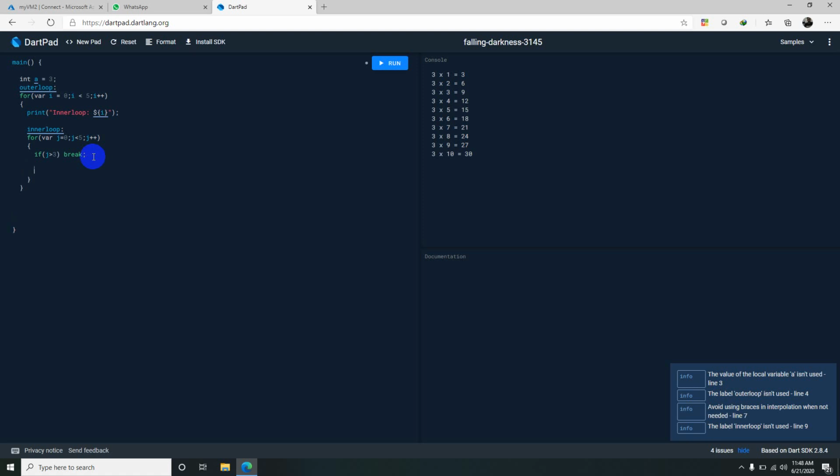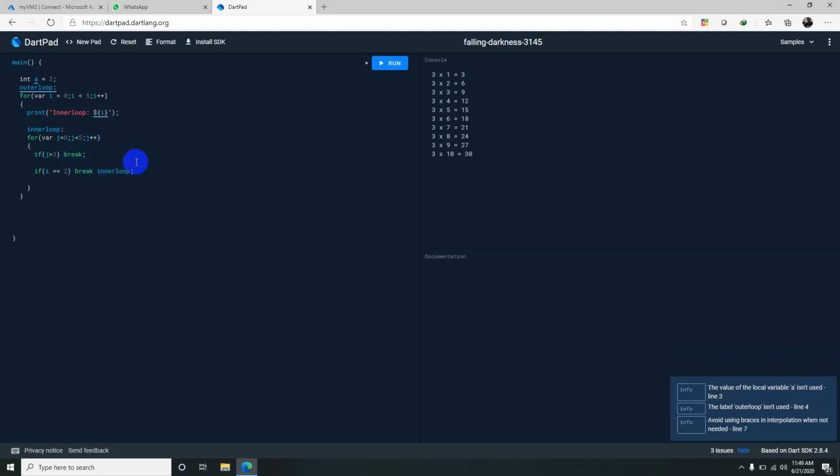Now let's say I want to quit when the i value is equal to 2. When I use break it will exit the inner loop, or even if I mention this label also, it will give the same result, it will break the inner loop.